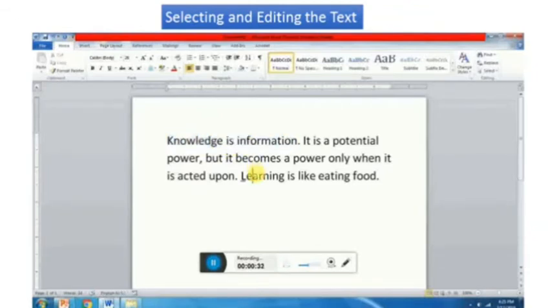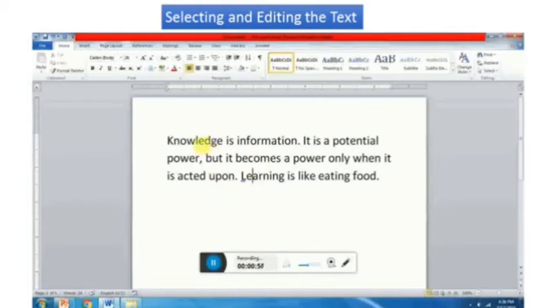To select a block of text, we can use the selection area, which is the blank area in the left margin of the document. This is the left margin of the document which is used for selecting, and it is called the selection area. We can select the text in a variety of ways. The different ways are: first is a word.